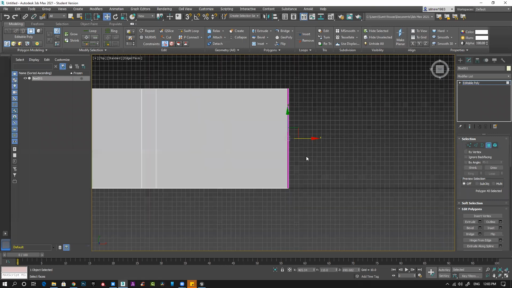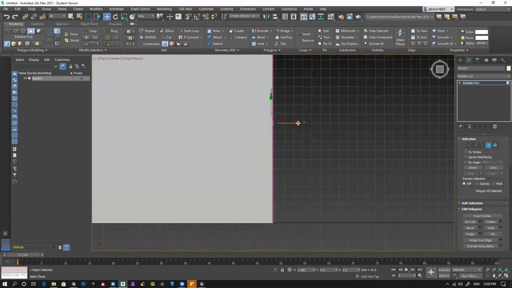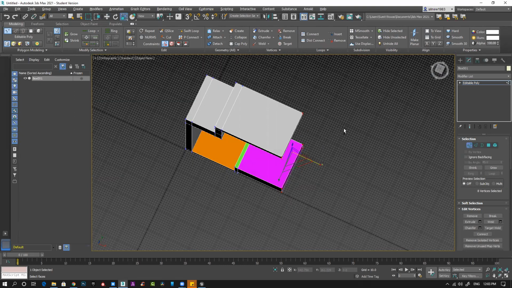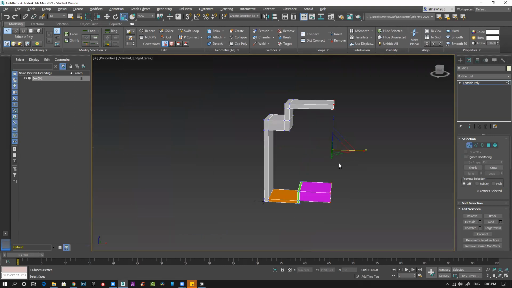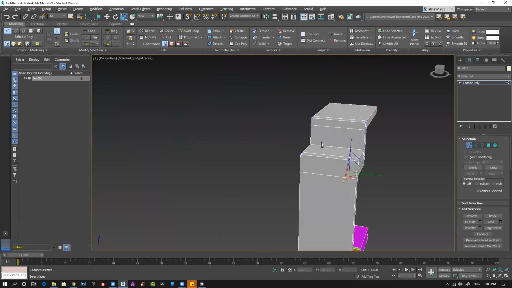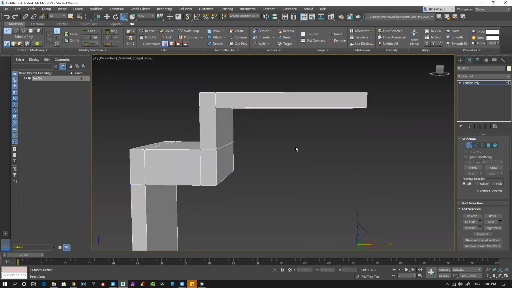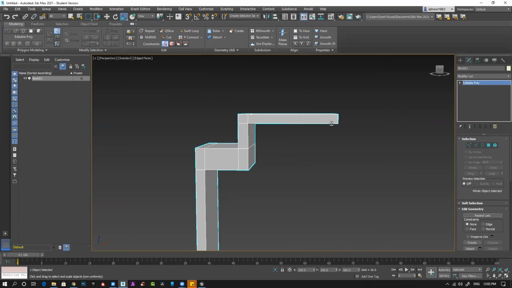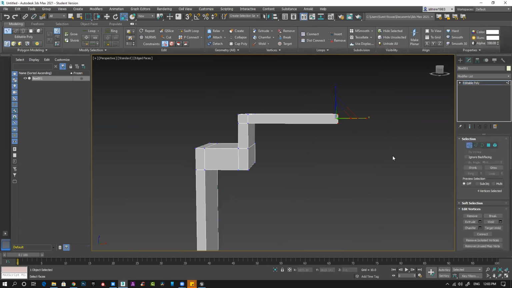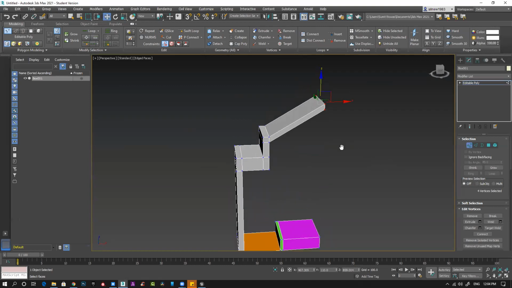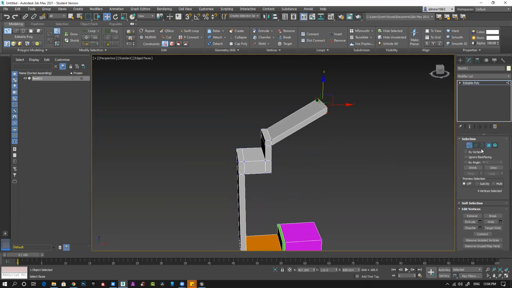Top view, and make sure these two align perfectly so that we can align them very easily. So you can create something like this very easily. And for this section, suppose I want to create something else, I'll make it a little bit, sorry, some design angle or something, maybe something like this. So something like this I want to create, and I can do that very easily.